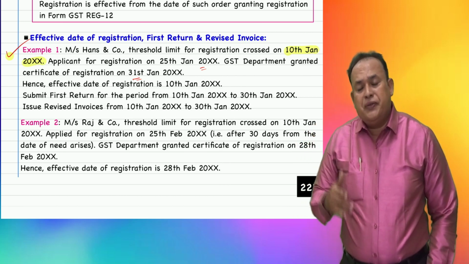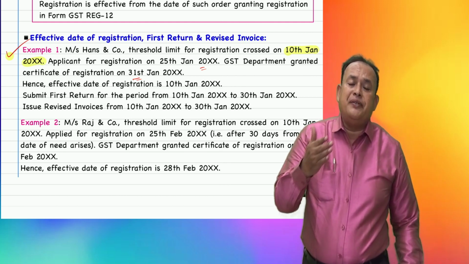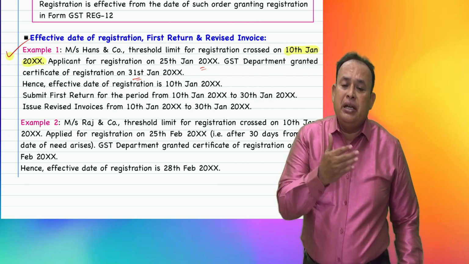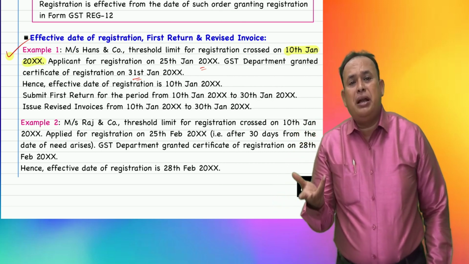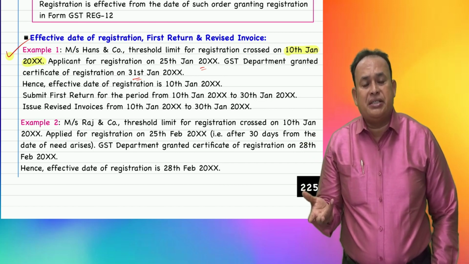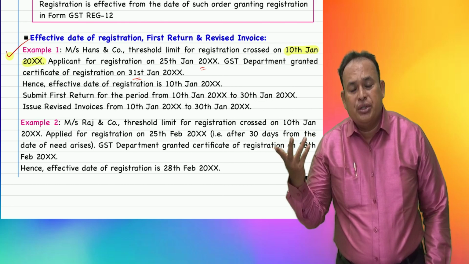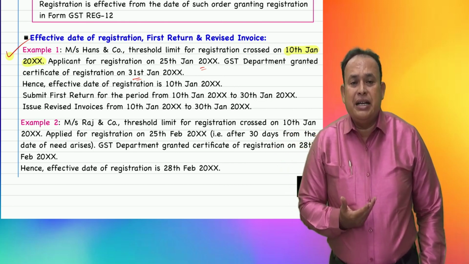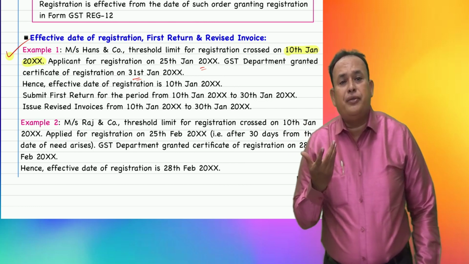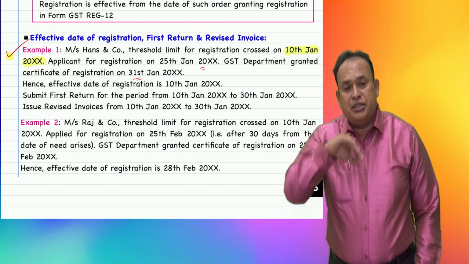Sir, from 10th January till the date they obtained the certificate of registration, namely 31st January, in between they might have supplied goods or services by issuing only an invoice but not a tax invoice. But they are liable to pay GST from 10th January. In that case, what is the fate of those invoices? Hey, Mr. Registered person,